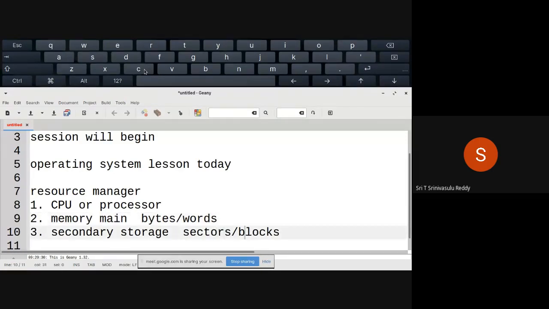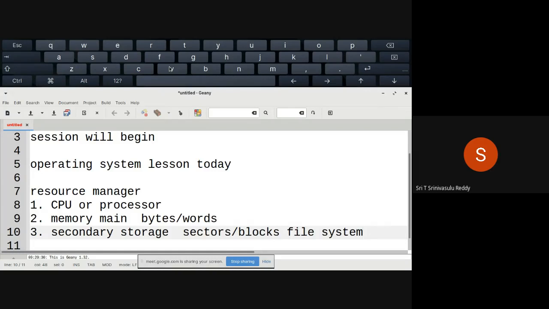In fact, secondary storage is such an important thing, and you cannot use the entire disk as one entity. That's why you require something called a file system. You have to build a file system on top of your secondary storage, maybe a disk. One disk can constitute so many sectors and blocks, but you are not directly given any control on the sectors and blocks.